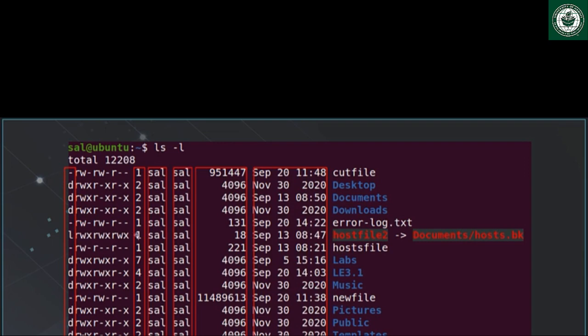Oh, got a symbolic link, and when you go over to the end, you see that host file 2 is symbolically linked to the document's host.backup file. Okay, and so you have what you expect to see, either dashes, Ds, or Ls in the first column. Now, if you move on to the second column, the one I have highlighted,